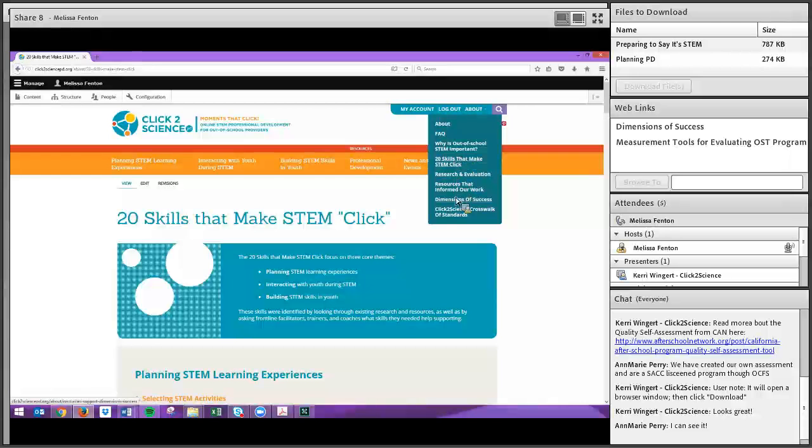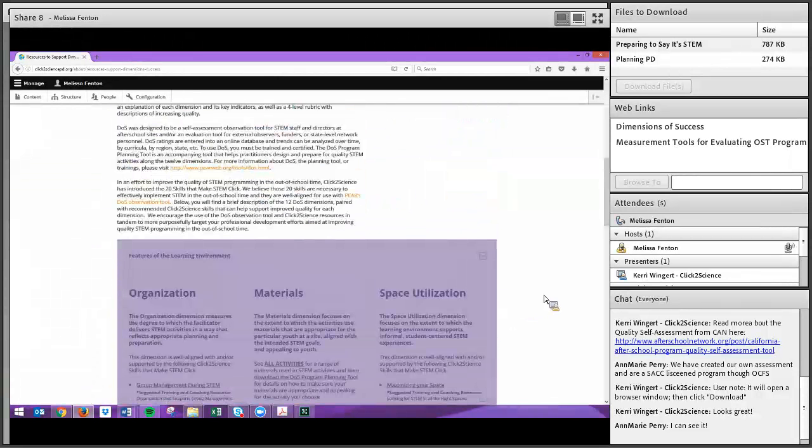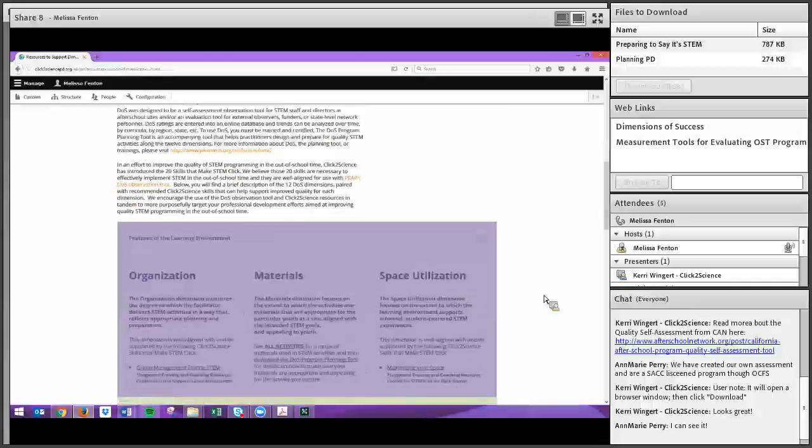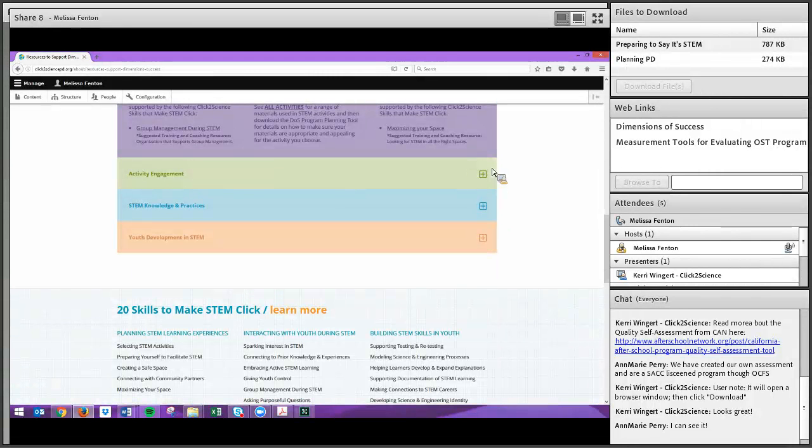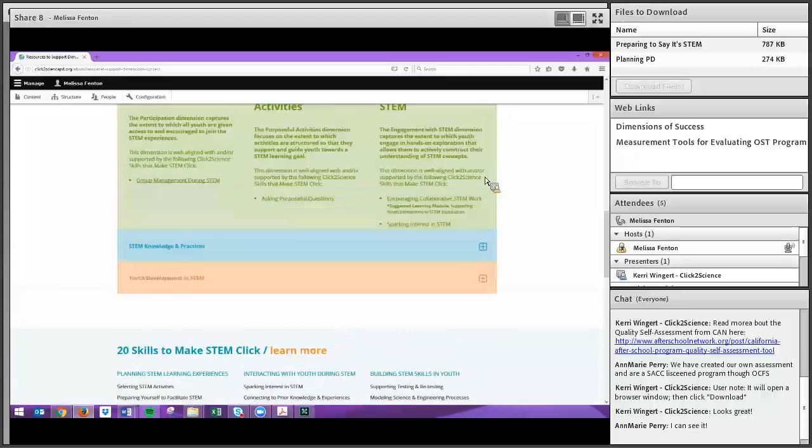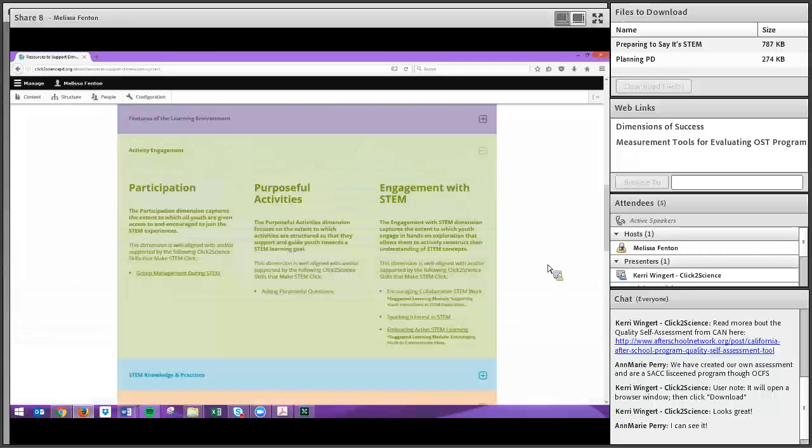You can also come to this crosswalk, and even if you don't use DOS, if you're looking at activity engagement, so we wanted to talk about engagement during STEM activities, you could look here and see, okay, these are the skills that they recommend for just this entire area. Now, if I was using DOS as a STEM program quality evaluation tool, and we were really low on engagement, I'd want to focus on these